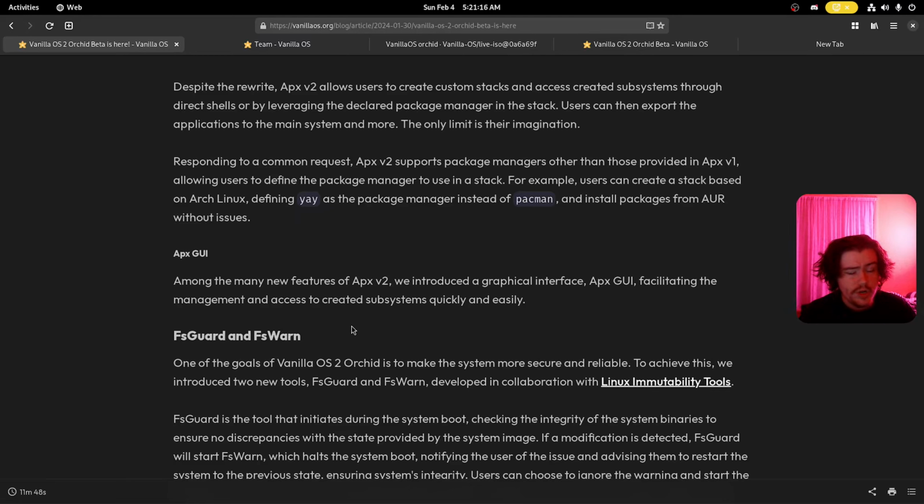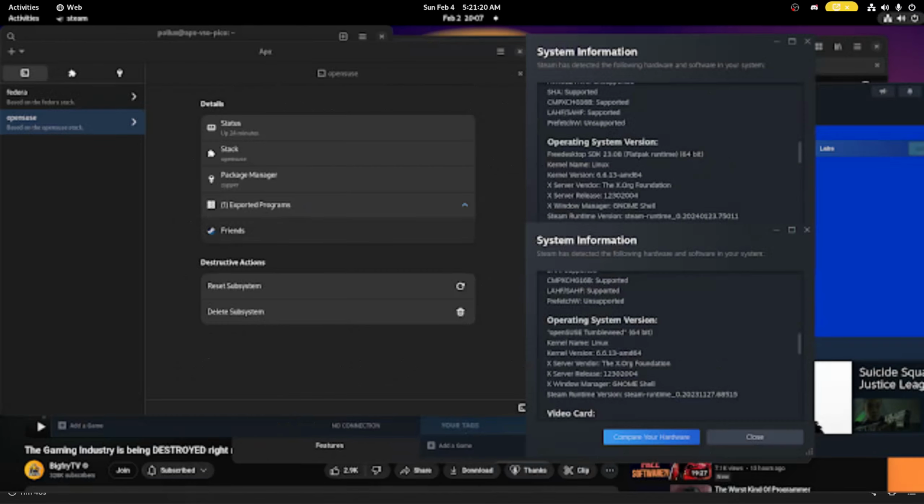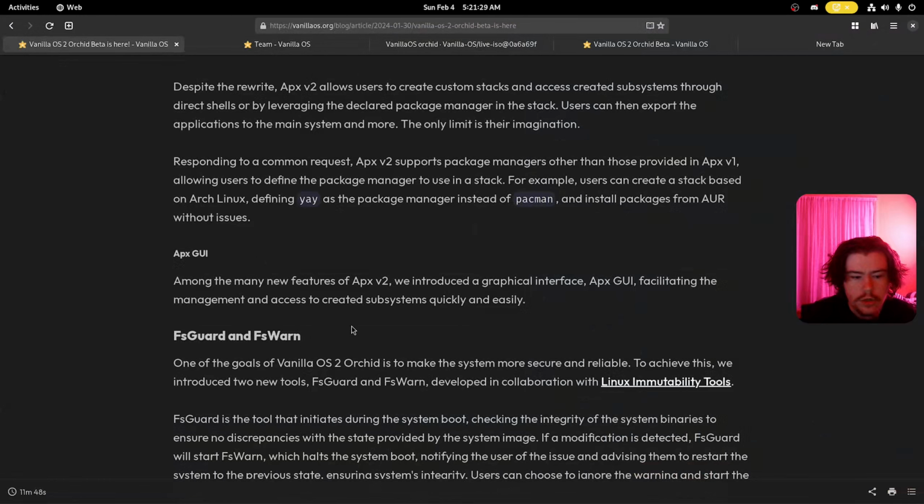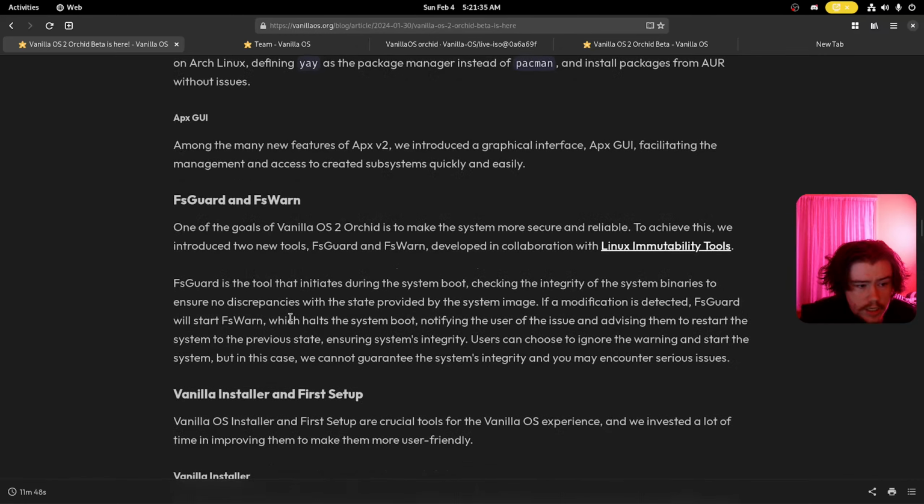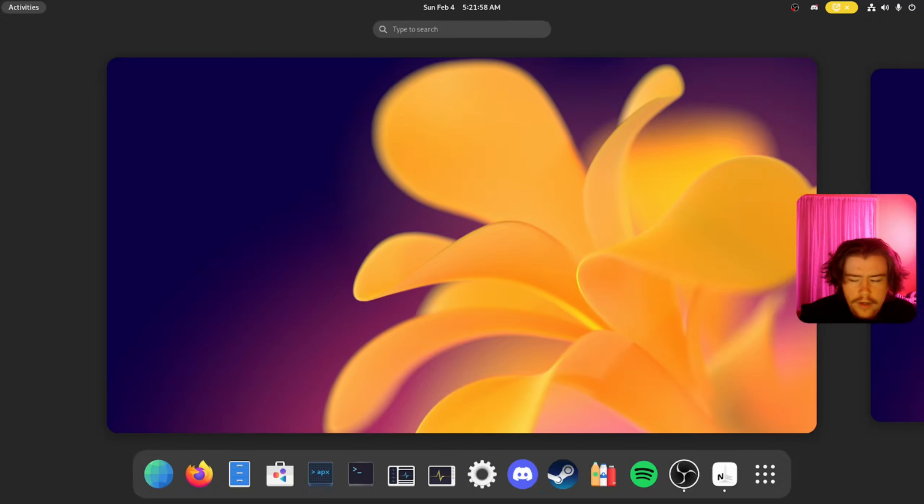I posted it on my community on YouTube where I installed two Steams. I installed one through an OpenSUSE container on APX, and then I installed a Flatpak one on Vanilla OS itself. And both were working and showing the correct information for it running on OpenSUSE. So that's really cool to see that you're able to do this. So I guess we'll go through